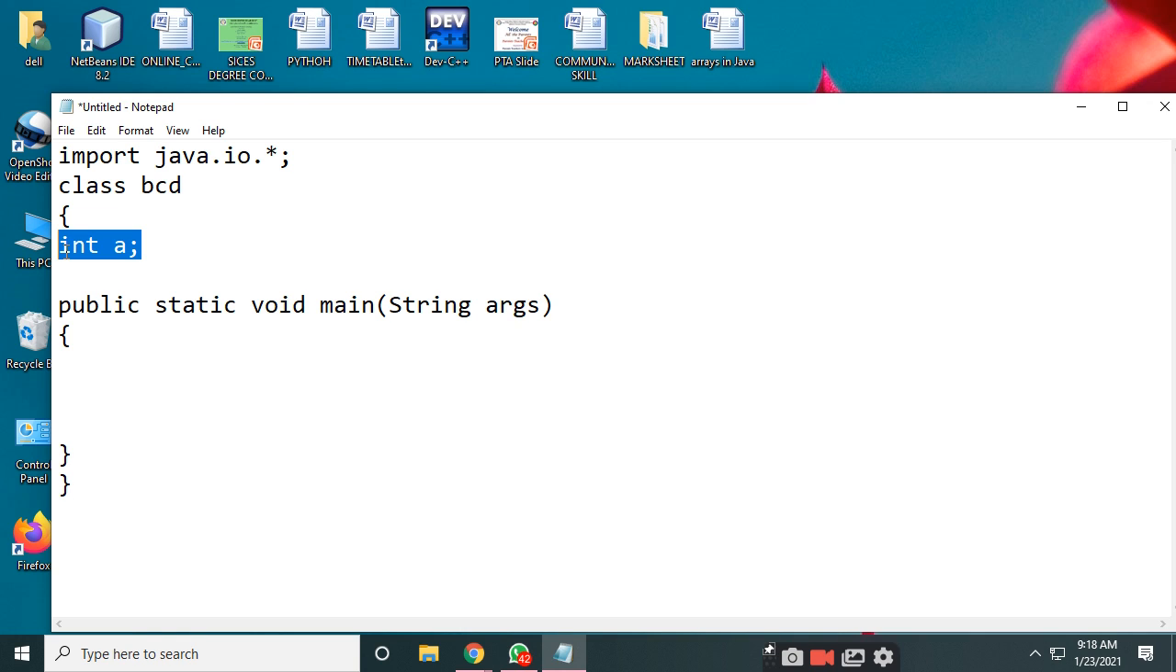So we have defined one variable a which is inside the class BCD. If you try to access the variable directly, we have not specified any access specifier, static, private. So it is the default access specifier. When you try to give value to the variable,